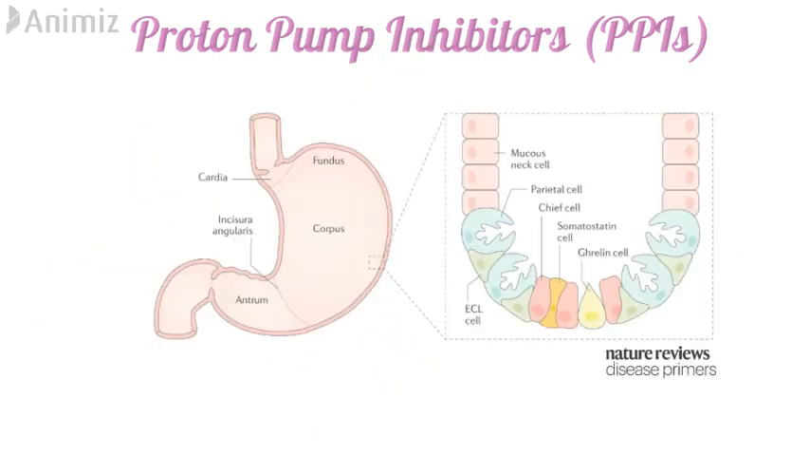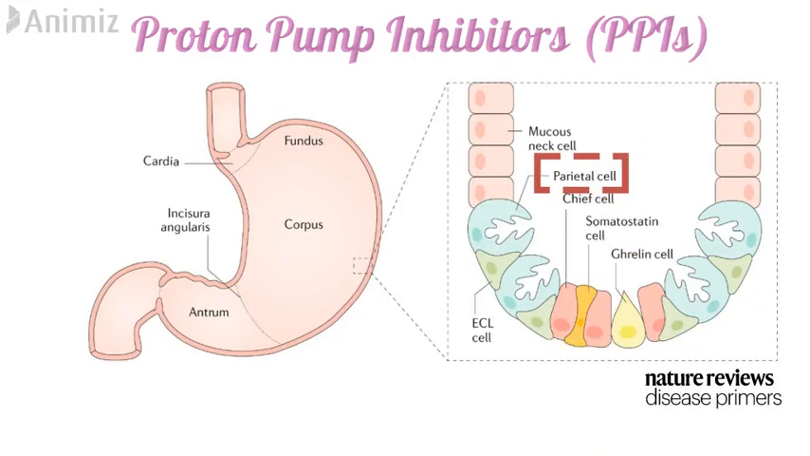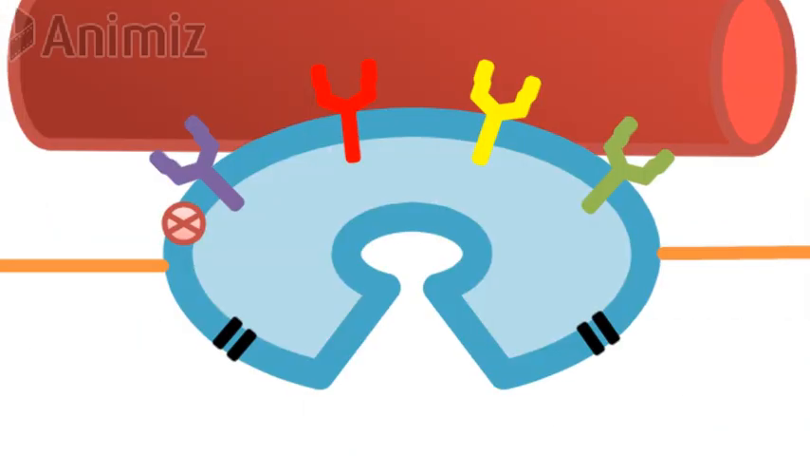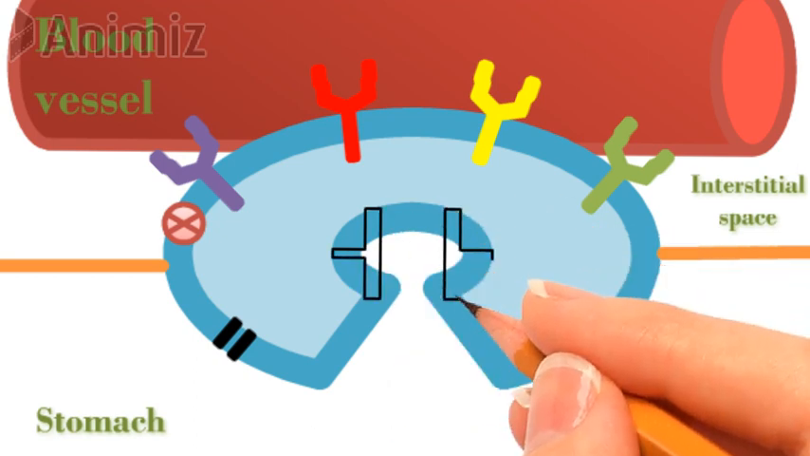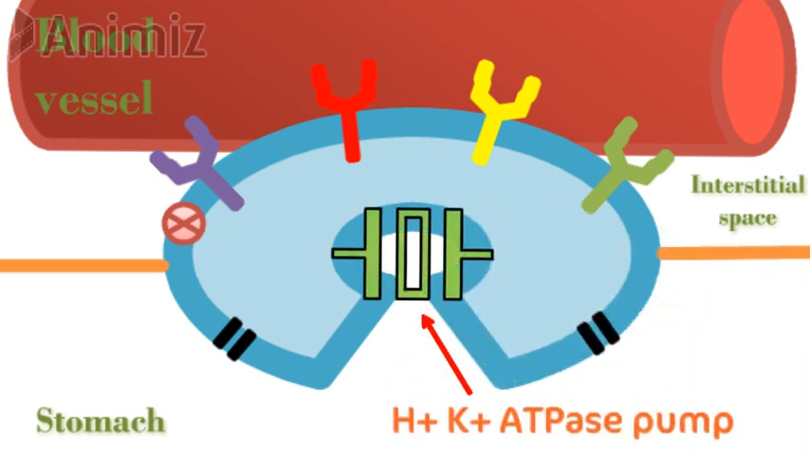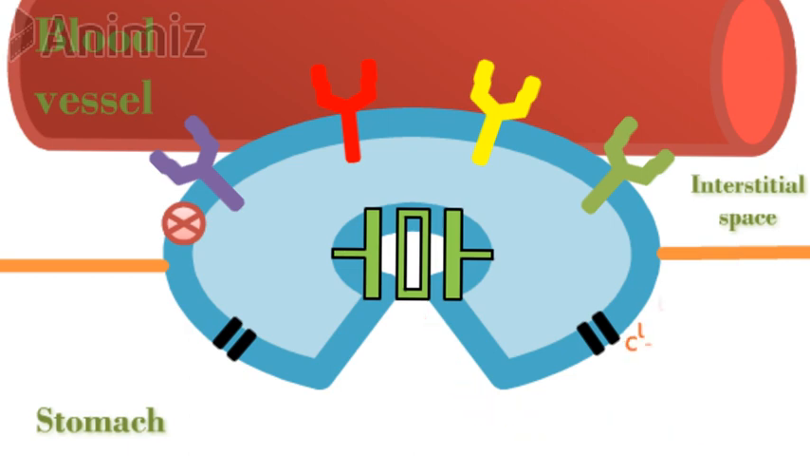HCl is produced in the stomach by a specialized cell called the parietal cell, which is present in the inner lining of the stomach. Now let's see how HCl is produced by this parietal cell. So this is a representation of a parietal cell of the stomach. On the bottom side is the stomach and blood vessel flows above it. At the center of this cell, there is a hydrogen potassium ATPase pump, which is an ATP dependent pump. It has other channels also like chloride ion channel, potassium ion channel and bicarbonate chloride antiport present on the surface